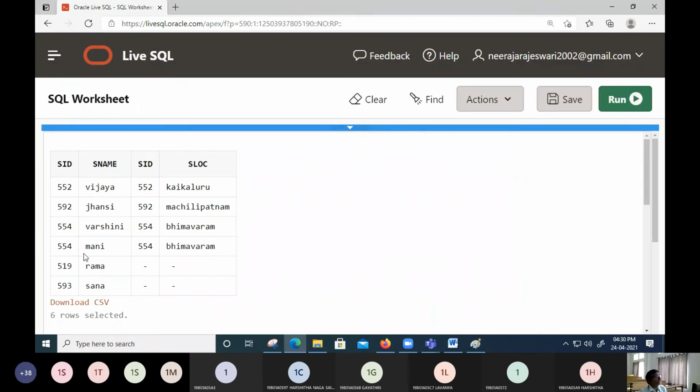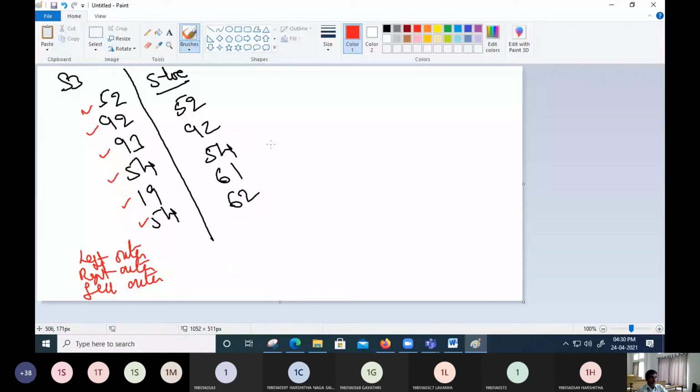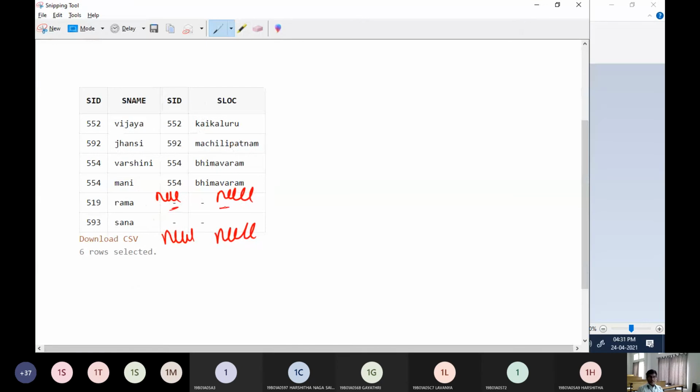Now, do the records 19 and 93 exist in location? Does the record 19 exist here? No. Does the record 54 exist here? Yes. So what was the other record which is not existing? The other record was 93. 54 is related. Okay, fine. So now you can see that 93 and 19 are not in the second table. So what the SQL editor is going to do is put blanks. Blanks are nothing but it is going to take up the null values. That is towards the one end.